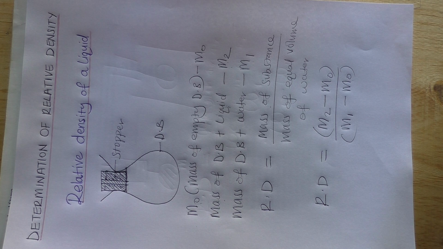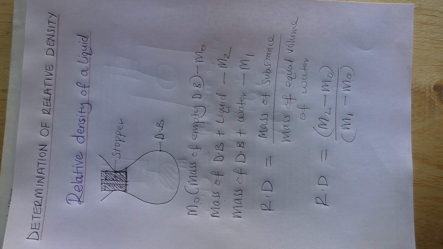When determining relative density of a liquid, we shall use the formula of mass of the liquid over mass of equal volume of water. And therefore, that means that we shall have to get the mass of the liquid and the mass of equal volume of water. And for us to obtain equal volume of water, we shall use the density bottle,